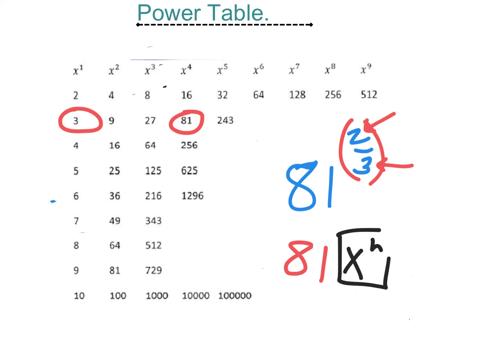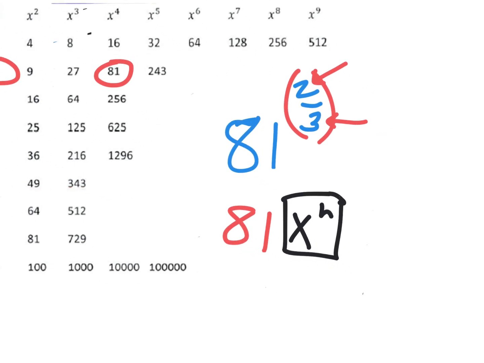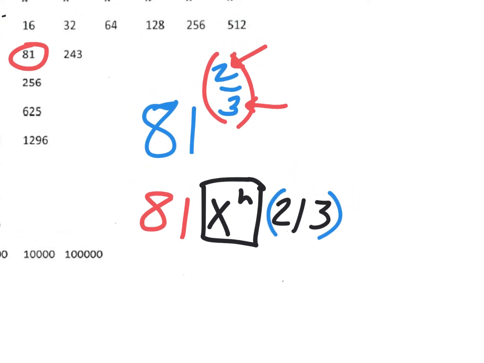It's this button, that's the key on most iPads. 81 to the, and then as long as you make sure your 2 divided by 3 goes in the fraction power, otherwise you could put parentheses around it if you're not good at that. As long as you make sure your 2/3 is the power, then you'd be good. And this will just be,